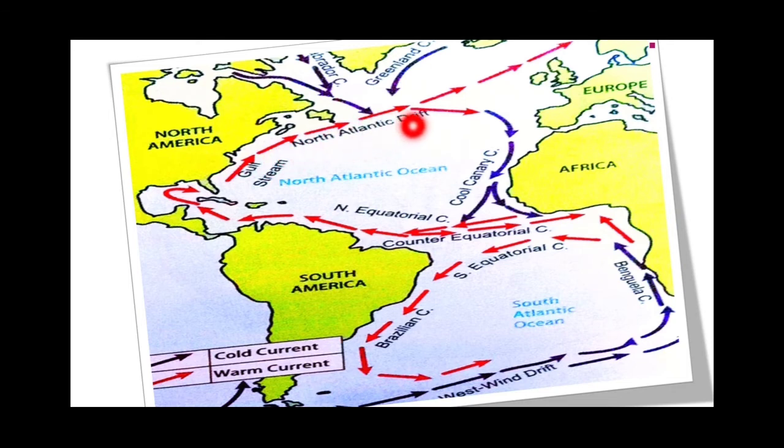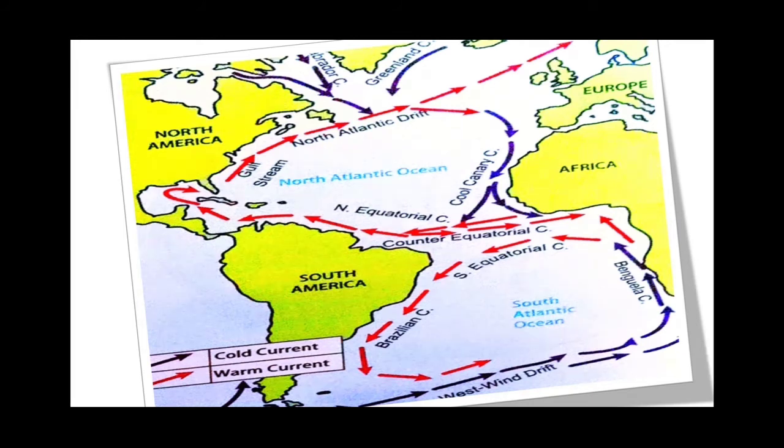So they modify the weather condition of Eastern America and also Western Europe, keeping the seaports open and ice free even in the severe winter season. So children, even if it is a severe winter season, you know that this part of Europe and America are in the temperate zone. So in spite of being in the temperate zone and low temperature, the warm ocean current modifies the climate and keeps the seaports of Western Europe and Eastern America frost free even during winter.